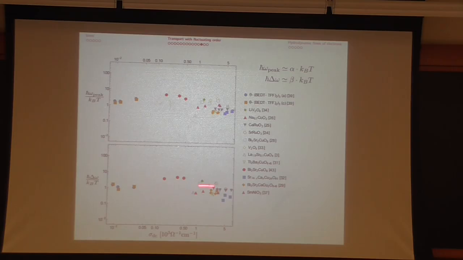temperature. Okay, so here I spread them using their DC conductivity. This is all these materials. So this is a log scale, so the spread is actually still pretty big, but it's still suggestive that the temperature is basically the only energy scale in these systems, which brings us back to the fact that they're controlled by some quantum critical point and they're in a quantum critical fan.